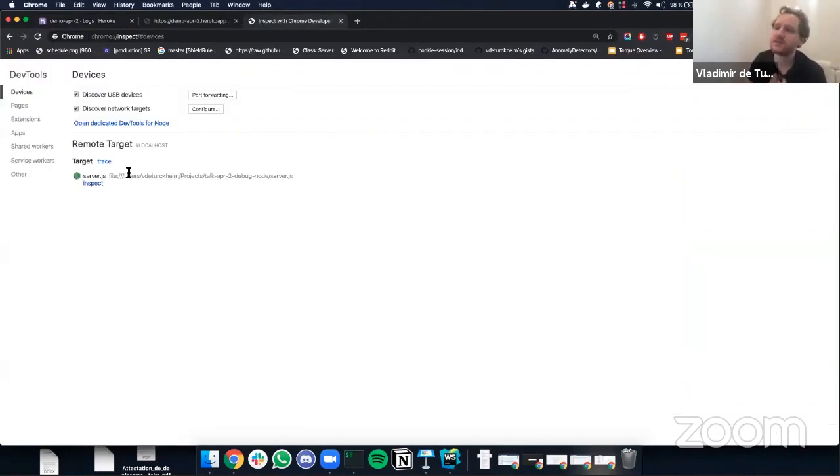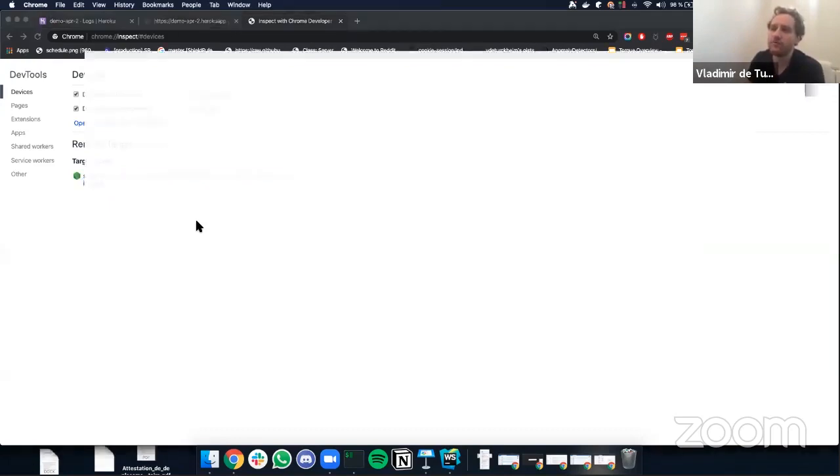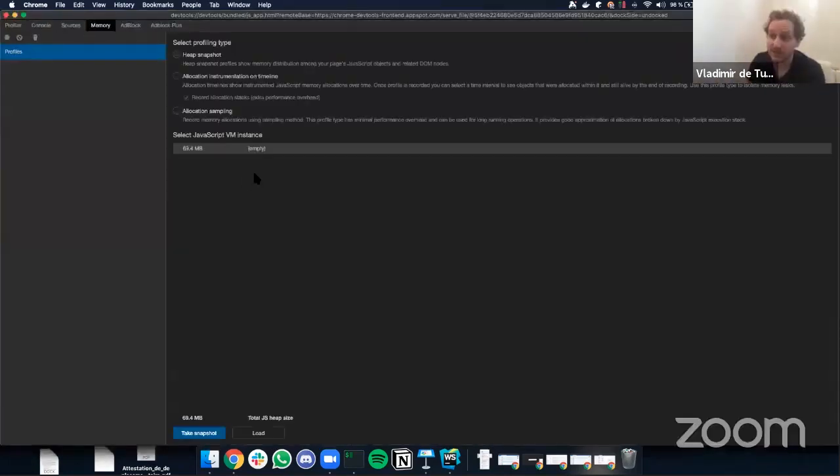So here, since I started my application with the --inspect flag, I can see that it is actually running and available in the dev tools. So I will open the dev tools and I will go to memory. Okay, it's pretty empty. What we want to do is click this button that takes a heap snapshot. But before that, we want to click this little garbage can, which means, can you please trigger garbage collection,